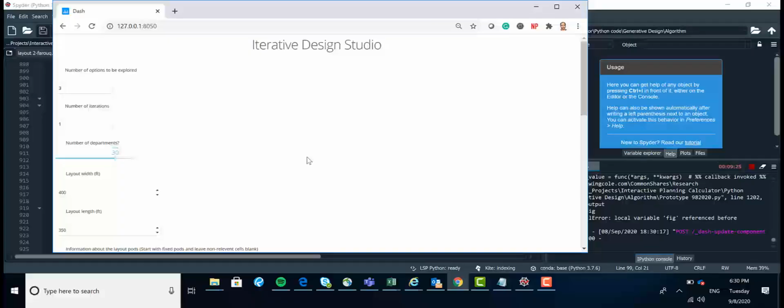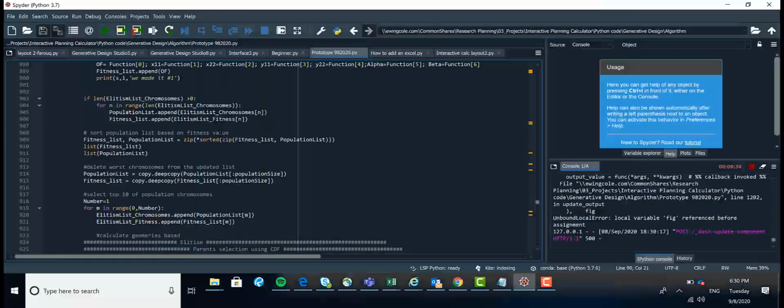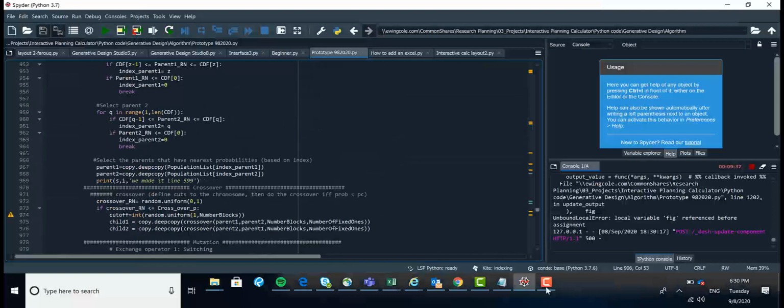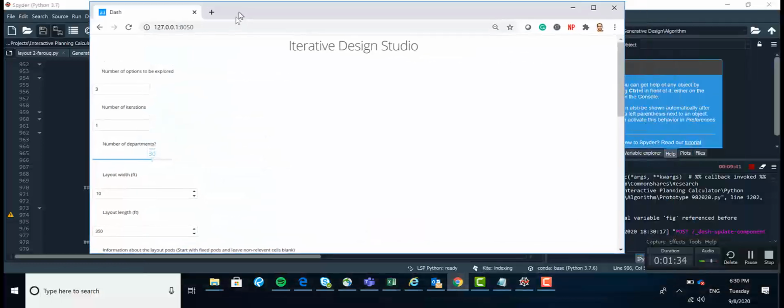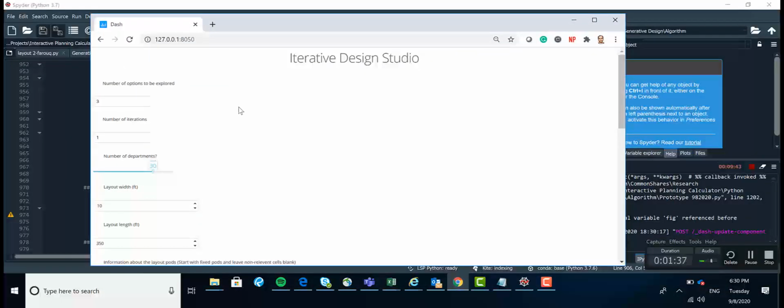So in this video, I'm going to show you how to build your first Dash app. To begin with, I'm going to show you an example of an app that I built using Dash. This app was built for architects. Architects usually deal with a lot of variables when they want to create a layout. So I thought of an interface where the user can add all those variables and then come up with an